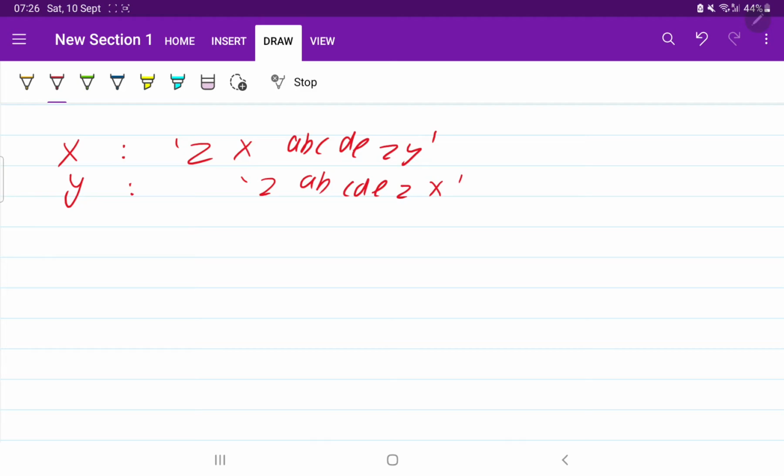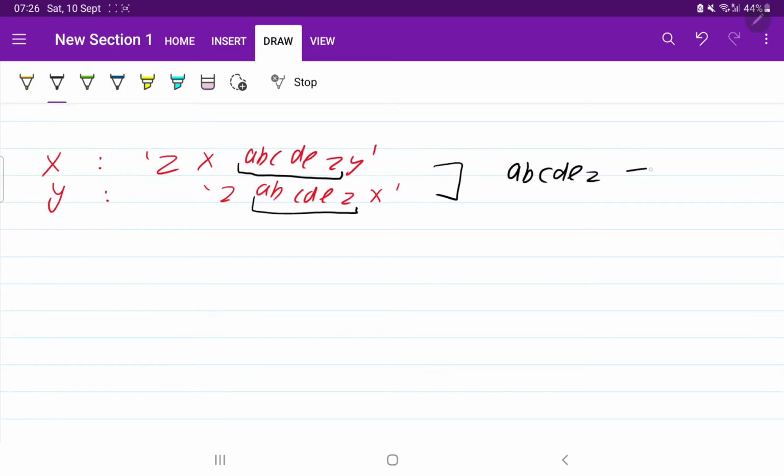As you can see, if you are going to find the longest common substring, it is going to be a, b, c, d, e, z, a, b, c, d, e, z. Perfect. So you are going to return a, b, c, d, e, z. This is going to be the longest common string.